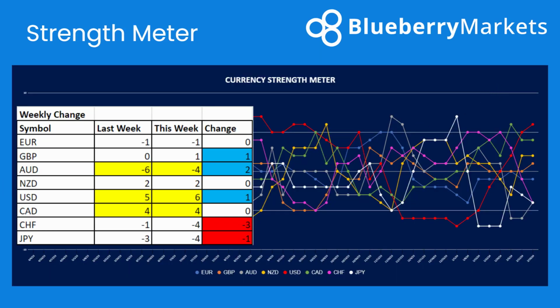Going on to the strength meter then, so we can see that the US dollar now the dominant currency, the strongest on the strength meter. Are we going to start to see this peak out and start to see a little bit of weakness come in, or is the dollar going to hold on to that strength? We can see CAD has dropped a little bit, but if we do see stronger CPI figures, then we could see CAD remain fairly strong, and the Australian dollar has come from these -5 levels and is now pushing higher. So Aussie to me is one to watch in terms of reversals.